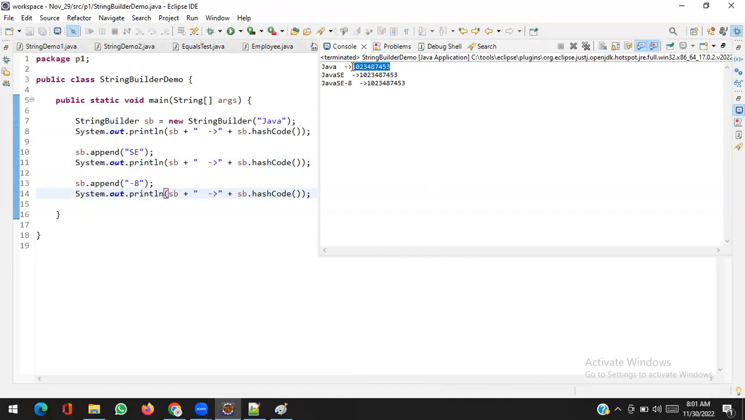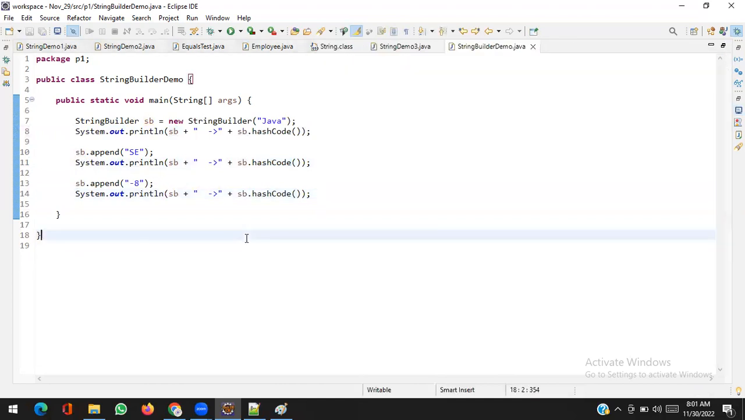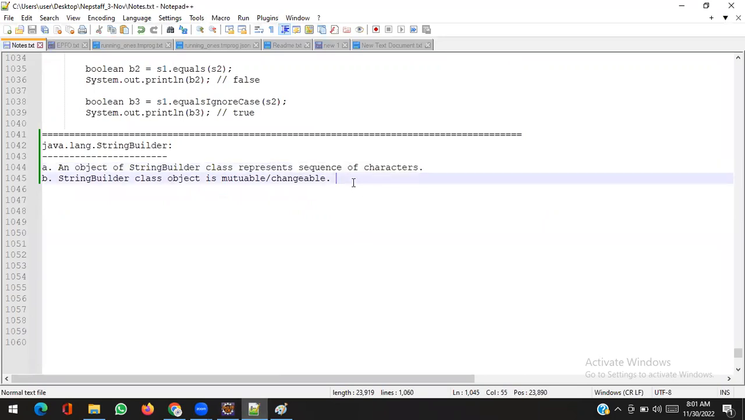You can see, yes, whatever we change in the StringBuilder, it will happen in the same object. No new object will be created. Is it immutable? Yes or no? Mutable, sorry, my bad. Mutable, changeable. Okay. So another interviewer's favorite question: